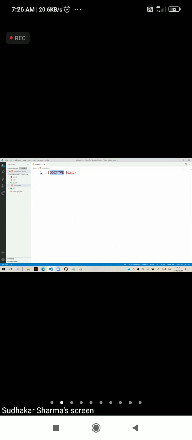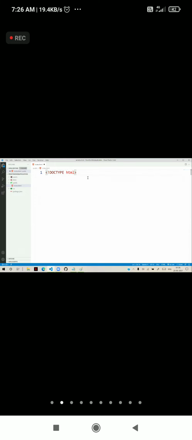Now, many times people ask the question, if I don't write doc type HTML at the top, then what happens? That means the browser understands that it's not HTML5. It will automatically recognize it as HTML4. Then several new options it cannot handle properly. So it is better to always mention the version of HTML by using this document declaration. You have to specify that by using doc type HTML.